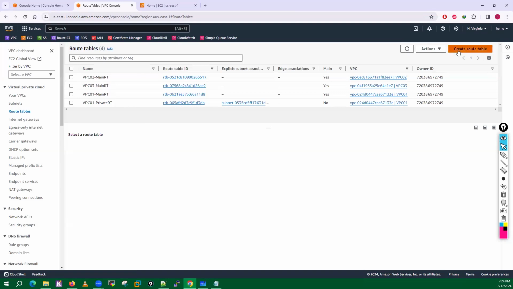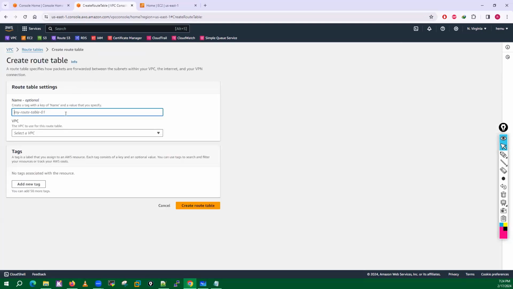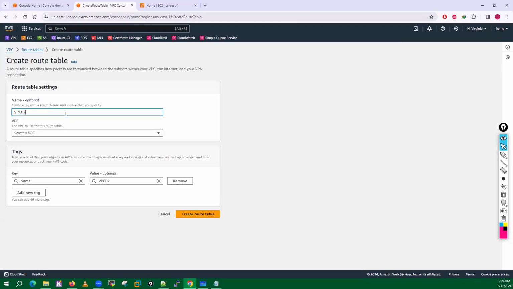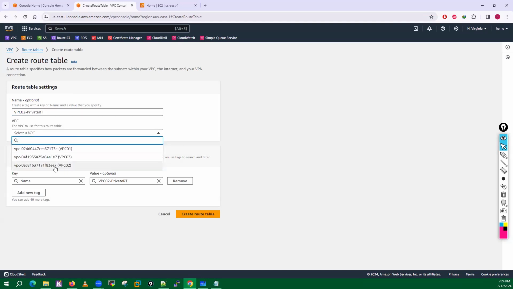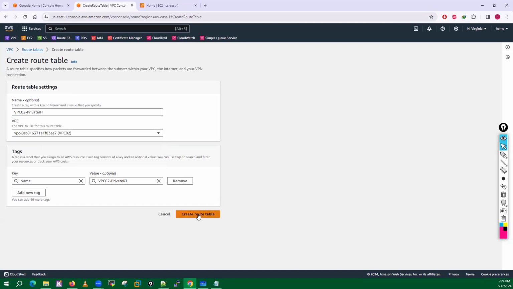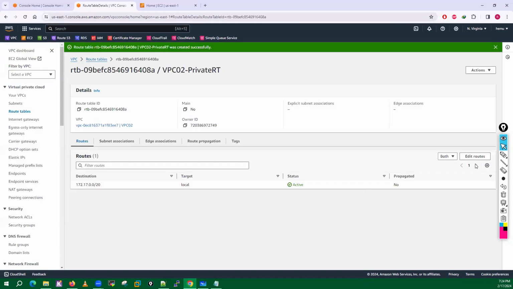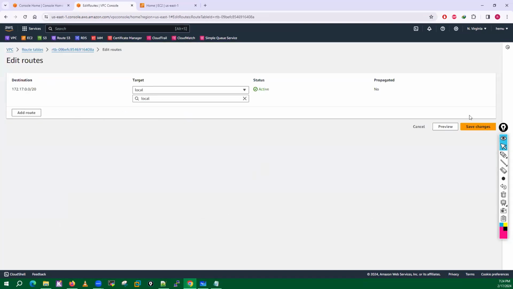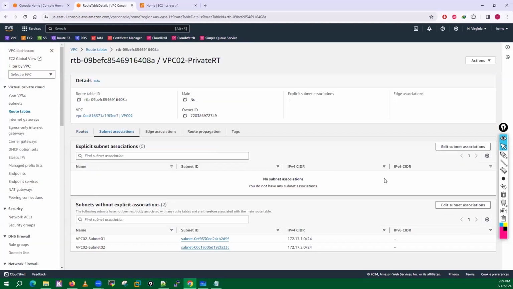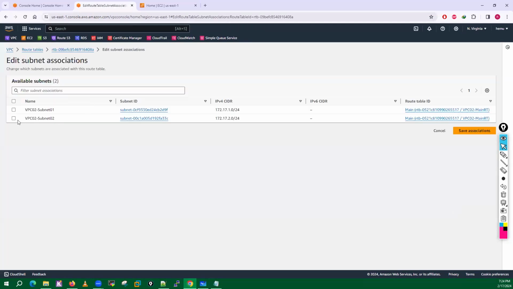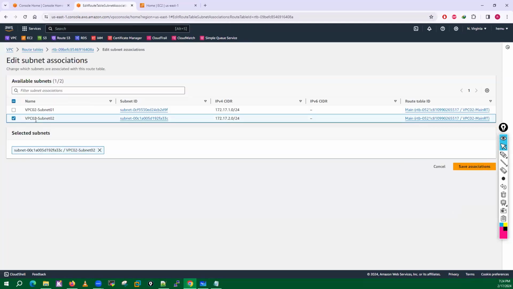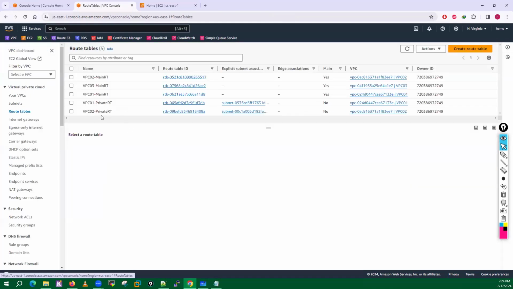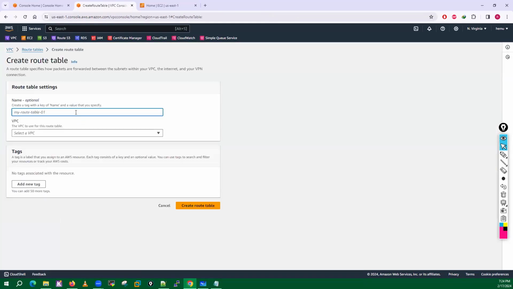Then we can create one more, VPC02 private route table, and I'm using this VPC2 here. Edit the subnet association, not routes. Let me select VPC02 subnet 02. Okay. And I can create one more for VPC3.